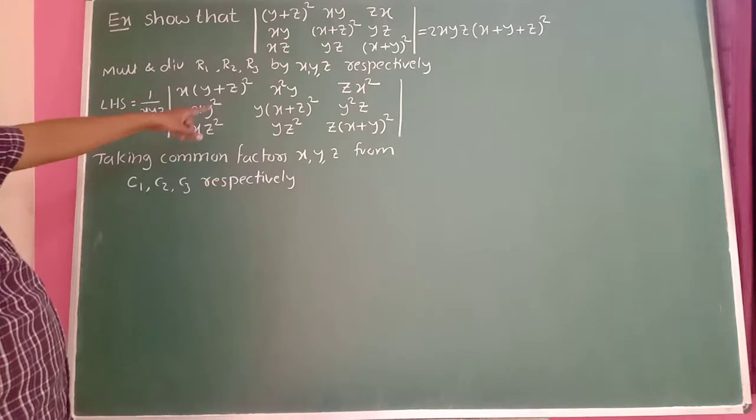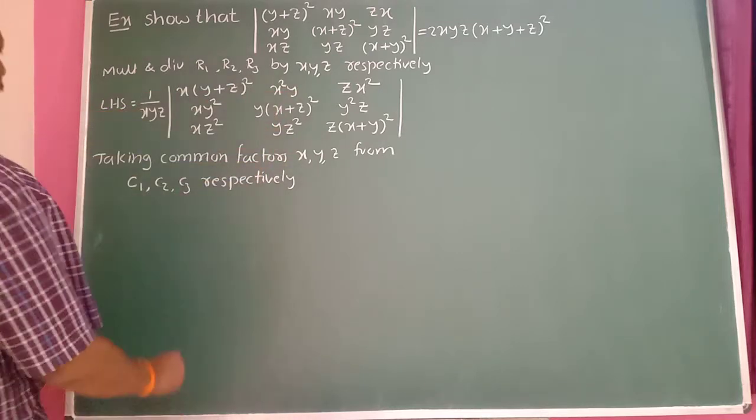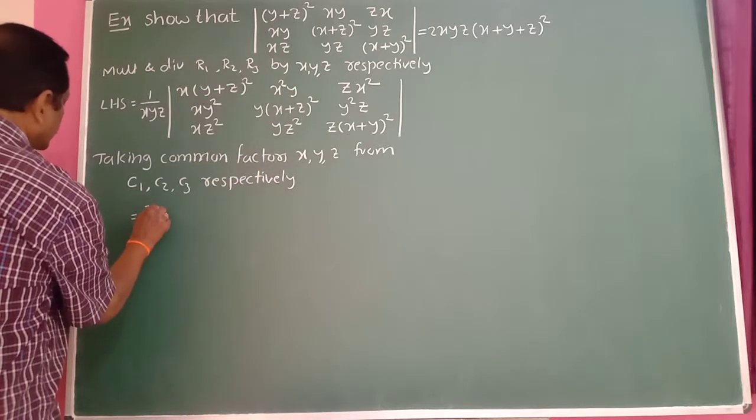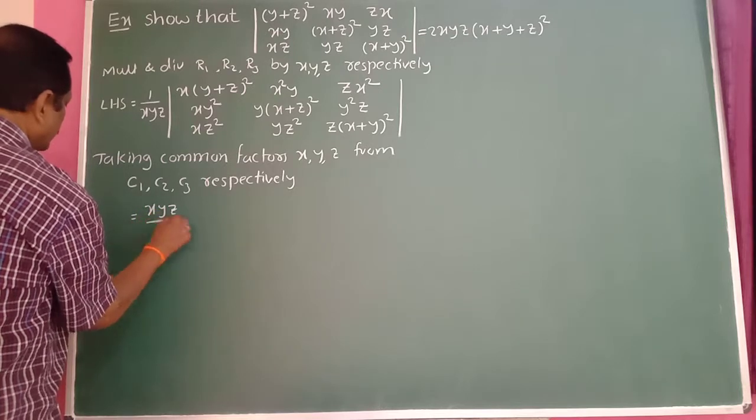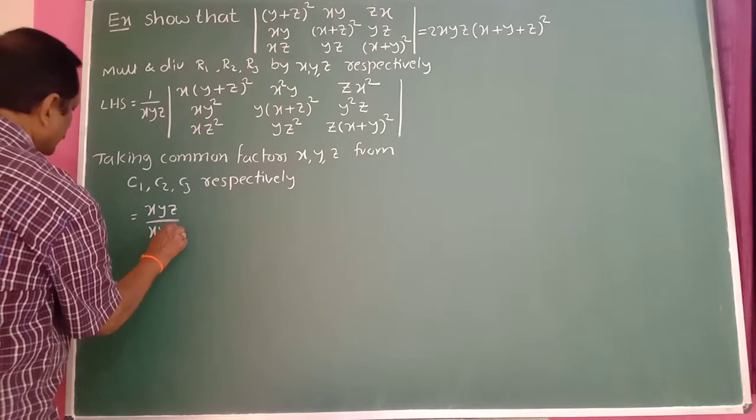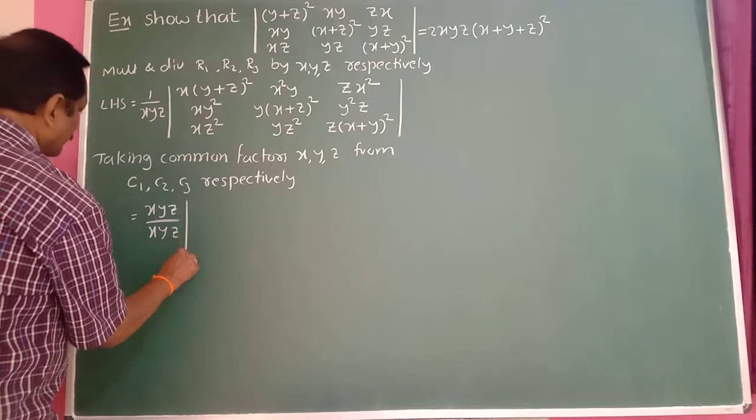Here x is common, here y is common, here z is common. Therefore x, y, z are kept outside, xyz divided by xyz, into the determinant of